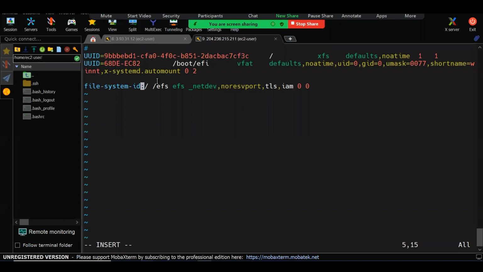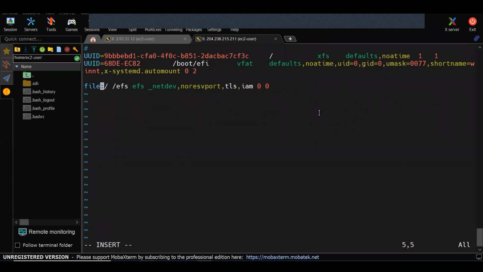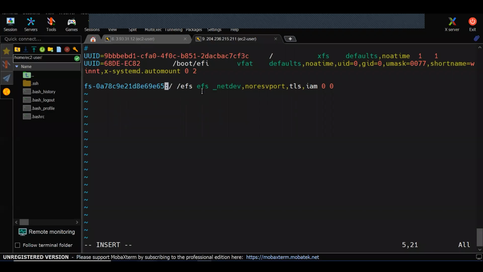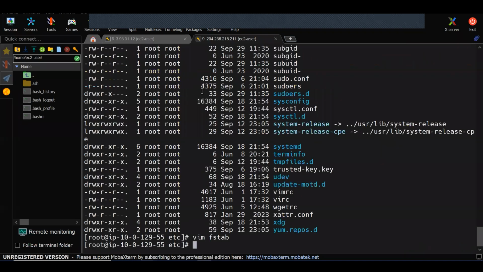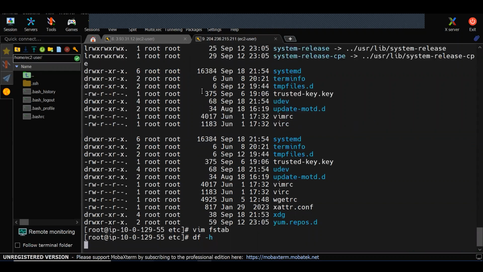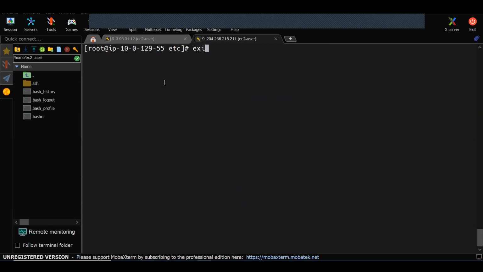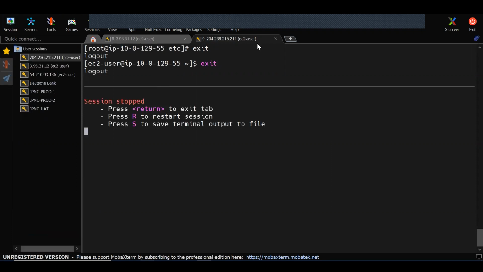That is your file system ID. Like this we are going to add. I'm saving this. Then df -h. EFS is already there, added. Now I will restart the server again and see if it will be there or not. If it's not there, it means we made a mistake while configuring the fstab.